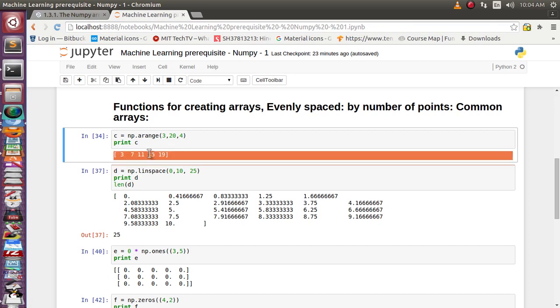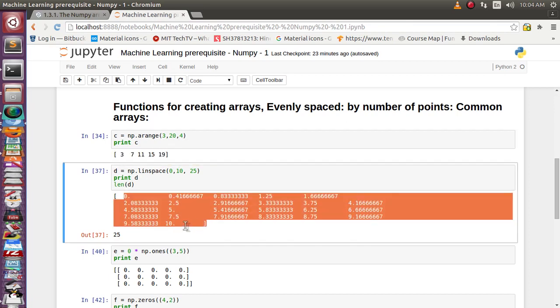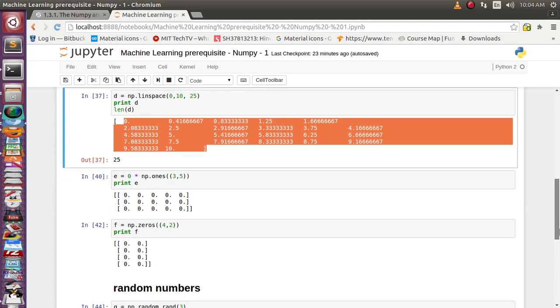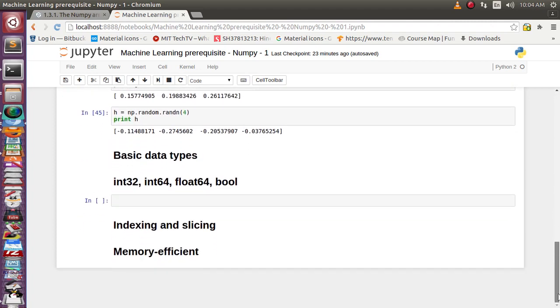But here all values are float. So suppose we want to see the type of the array, then there is one property associated with it.